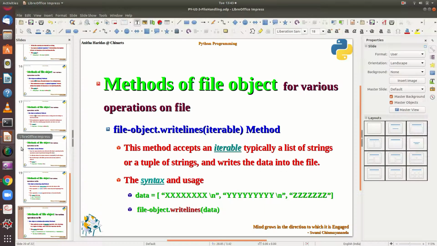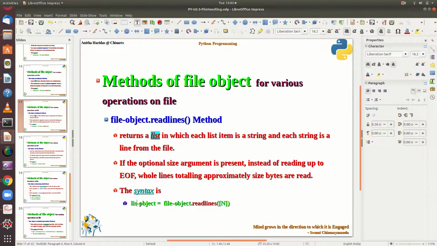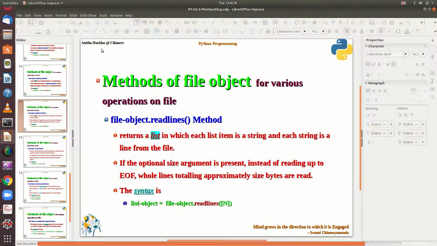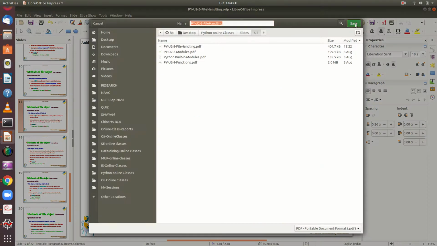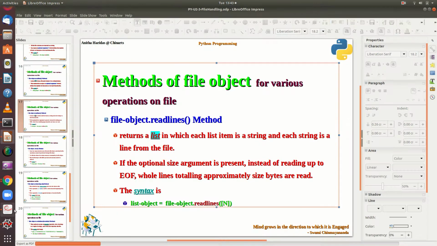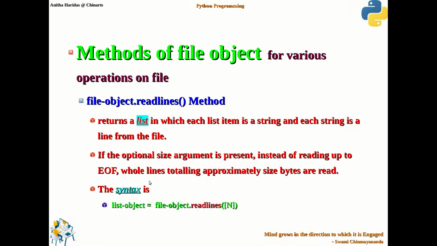Let me correct it here itself. Readlines will be returning a list object, not a string object.